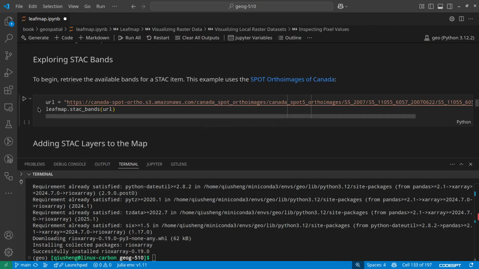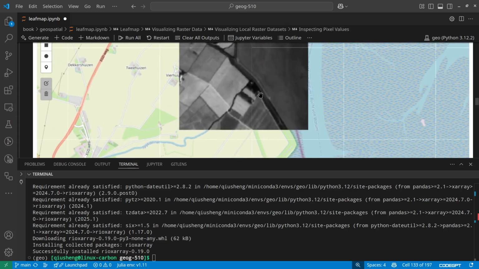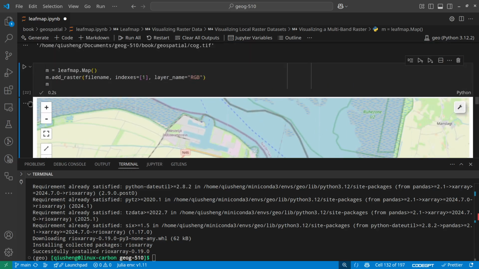I can just do 1, right? If there's one spectral band, that means it's just a grayscale image. Red, green, and blue, and for each band, it's just 0 to 255. This is why it looks like this. If I choose the index 4,